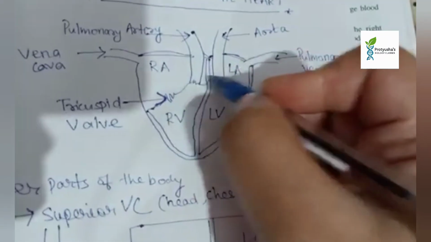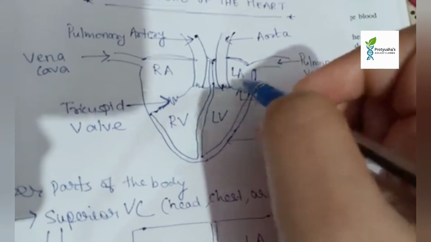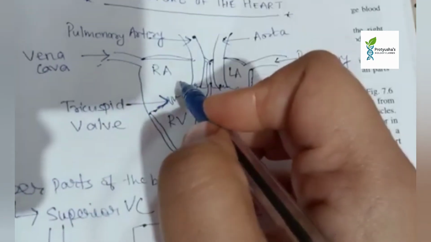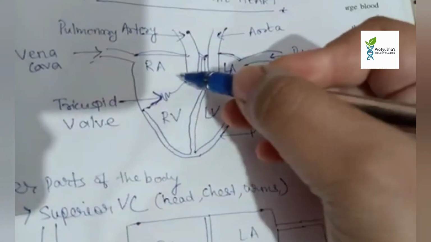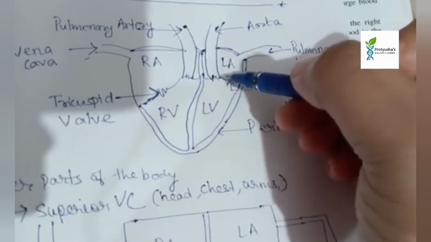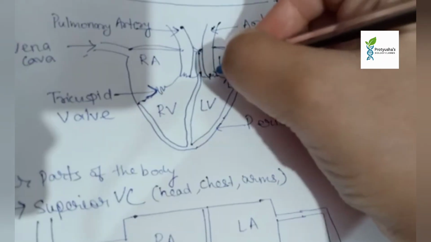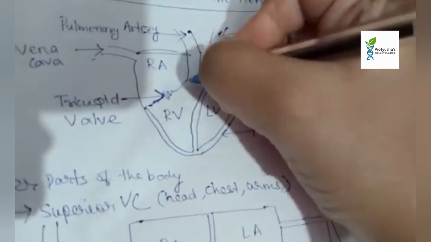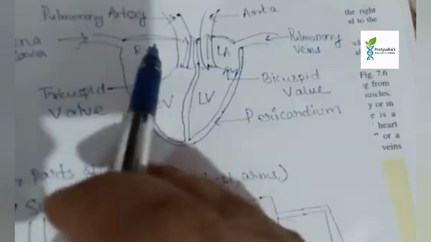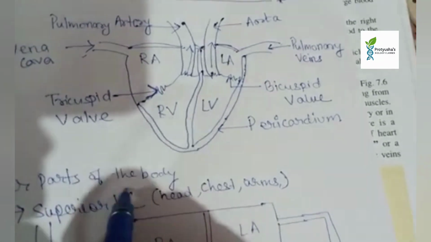Upper chambers are known as the auricles, lower chambers are known as the ventricles. Auricles always receive the blood, maybe from the body or maybe from the lungs. They are also known as receiving chambers. Ventricles always distribute the blood to other parts of the body. So the auricles are known as the receiving chambers, the ventricles are known as the distributing